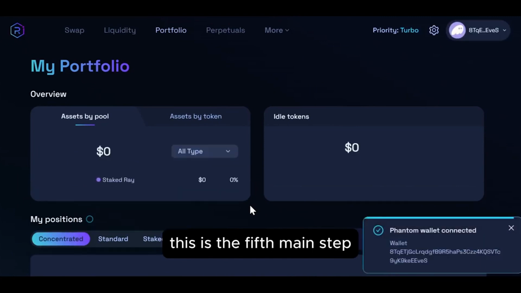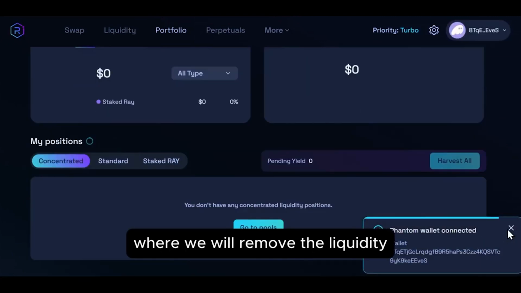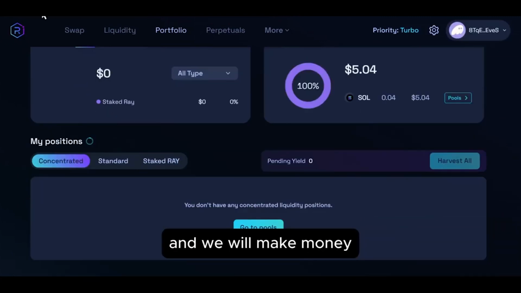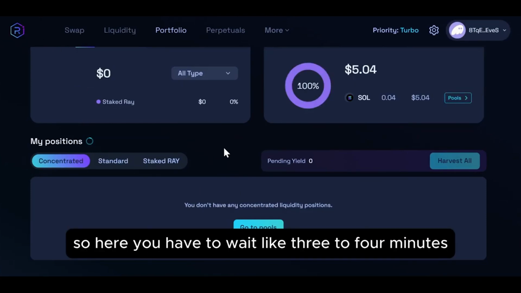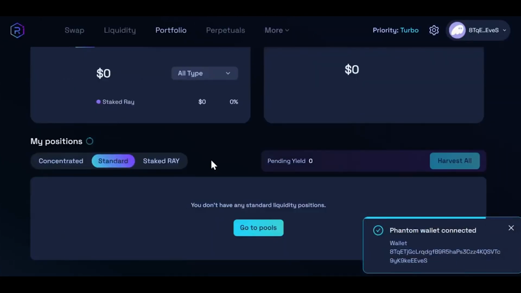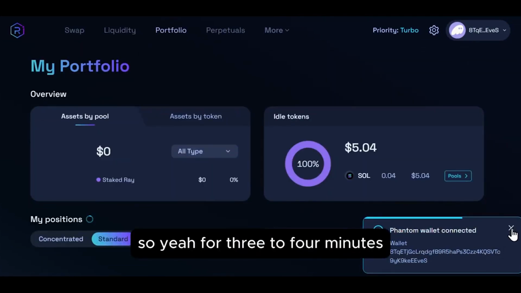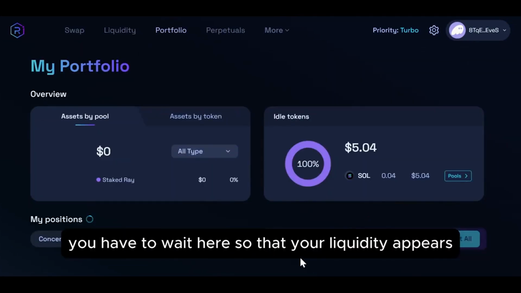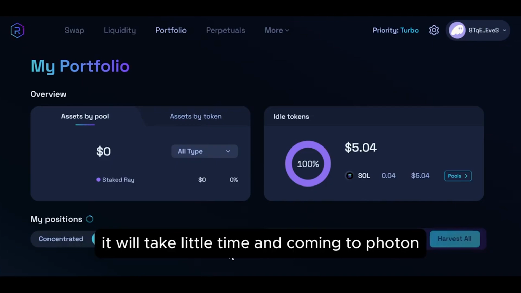This is the 5th main step where we will remove the liquidity and we will make money. So here you have to wait like 3 to 4 minutes, so that your liquidity appears. It will take little time, and coming to Photon,